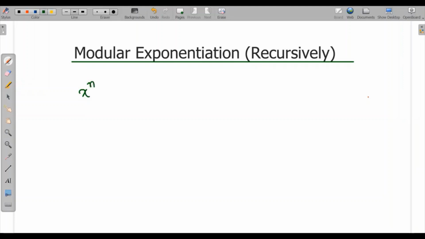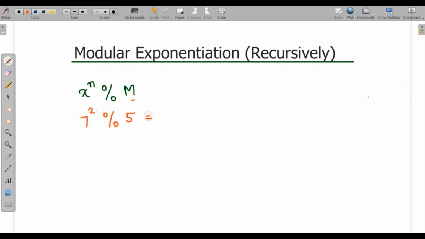Now modular exponentiation is the remainder which we get by dividing x to the power of n with another variable. Let's denote it by m, where x, n and m are three positive integers. Let's understand this with an example where we have x as 7 and n as 2. Then we will take m as 5.